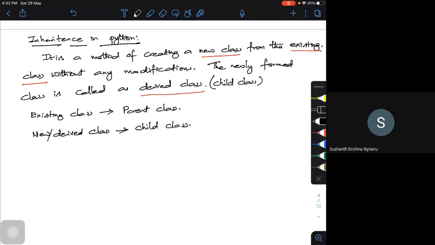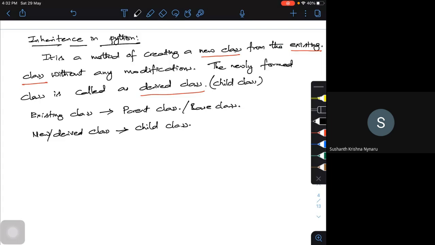Some books also call the existing class the base class. These are all different words: base class, parent class, or existing class, and the new class, derived class, or child class. Whatever way you want to define it. So this is the meaning of inheritance.